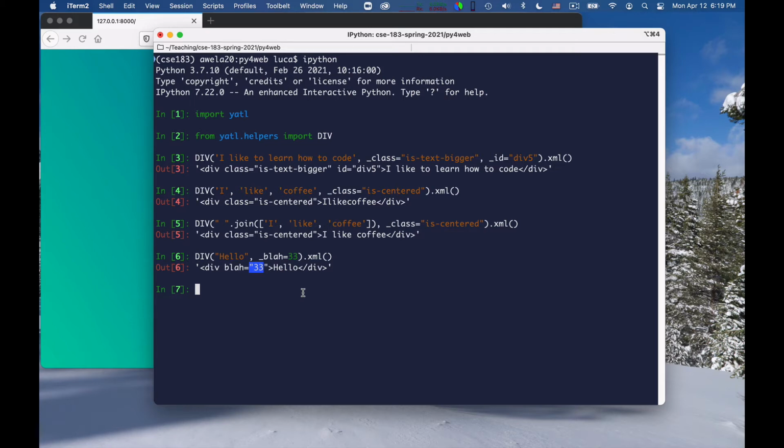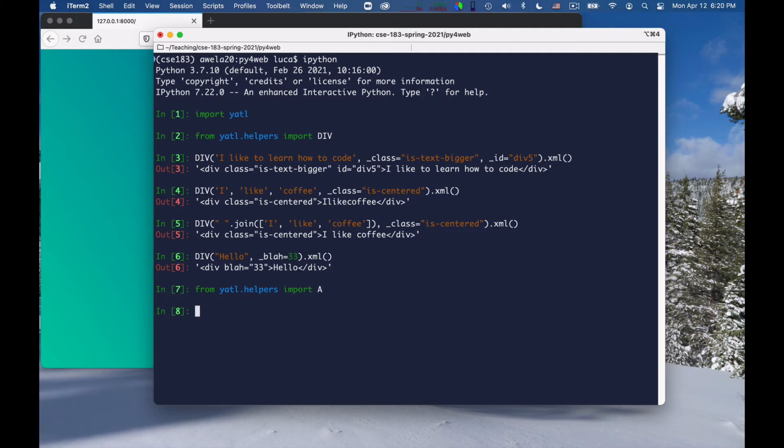And the nice thing is that using them, the syntax of Python helps you with a proper enclosure. For example, if there is a div tag that inside contains an anchor tag A, well, I need to import it from YATL helpers import A. The A tag is the helper for the anchors.